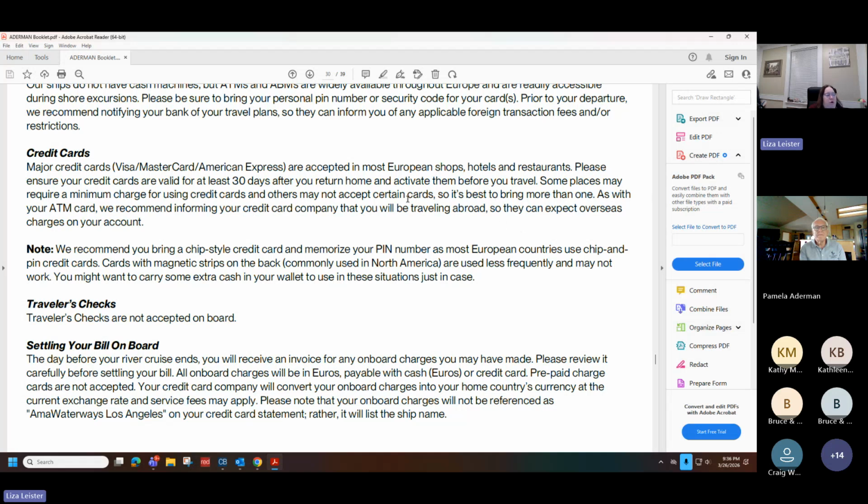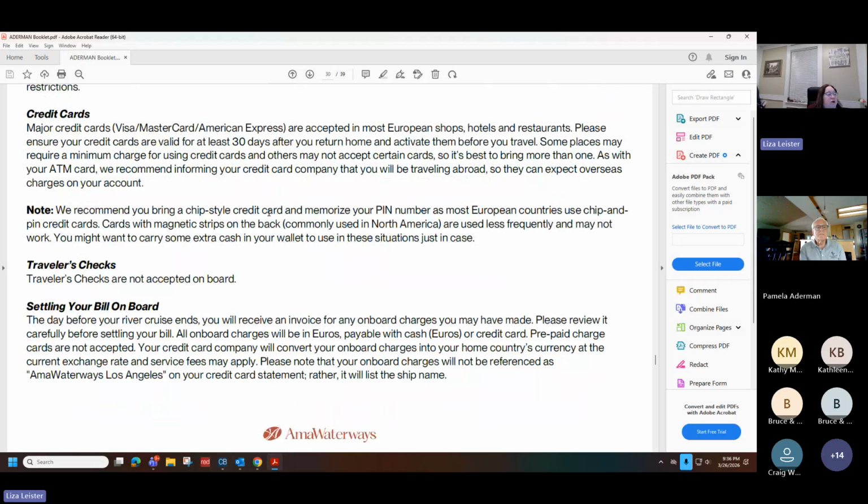I know Capital One and Amex have certain cards that don't charge those extra fees, so you may want to check into one of those. For chip cards, if you have a PIN number, you might want to keep that just in case they ask for it.